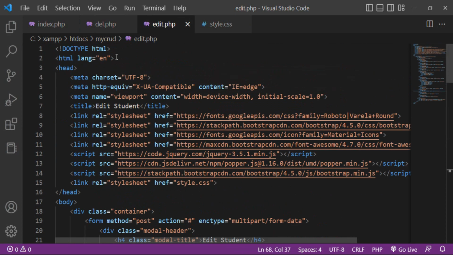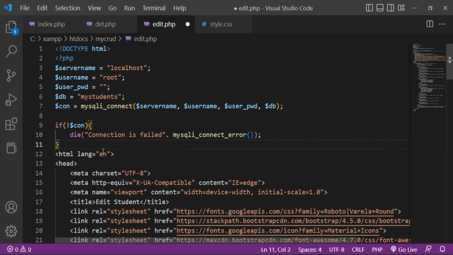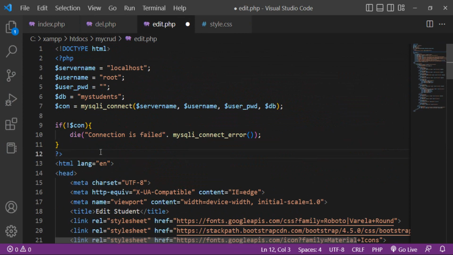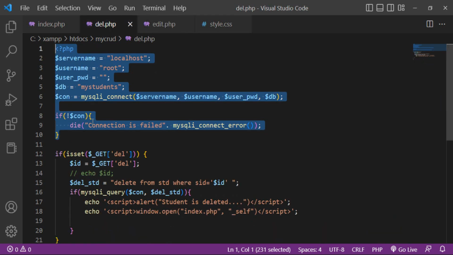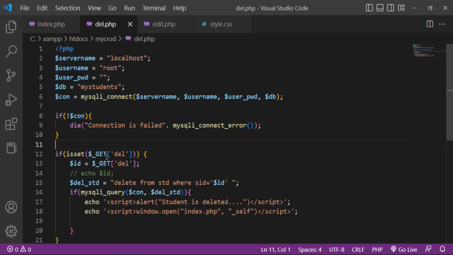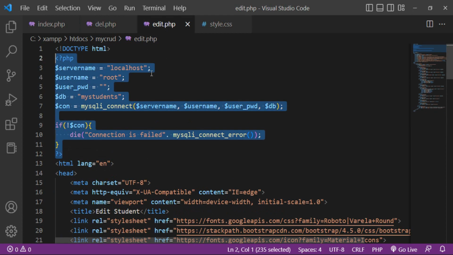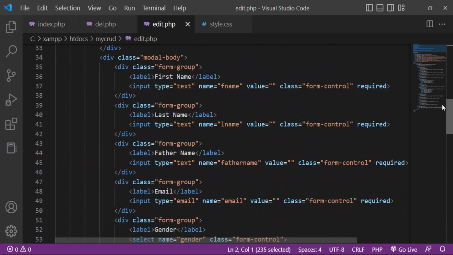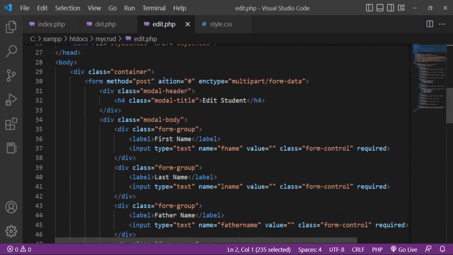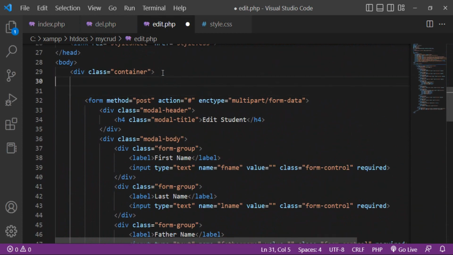At the top I have to mention here, first of all, connection to database, and then if is set del variable in the edit.php, I have to say that if edit variable is set. So at the top I will mention here